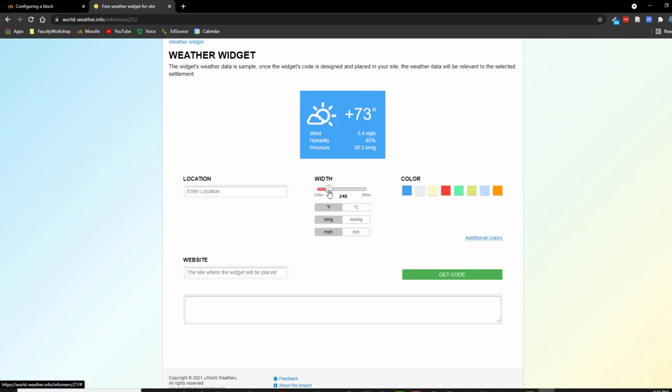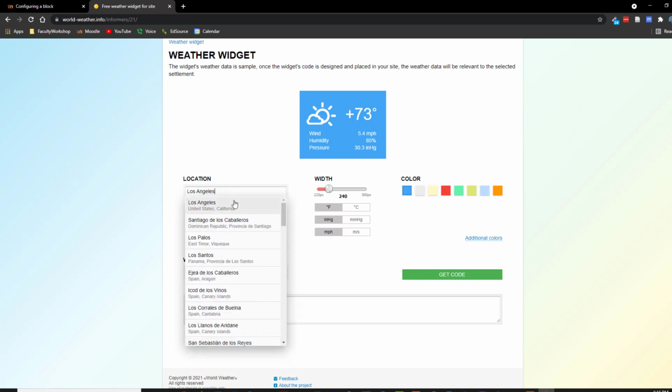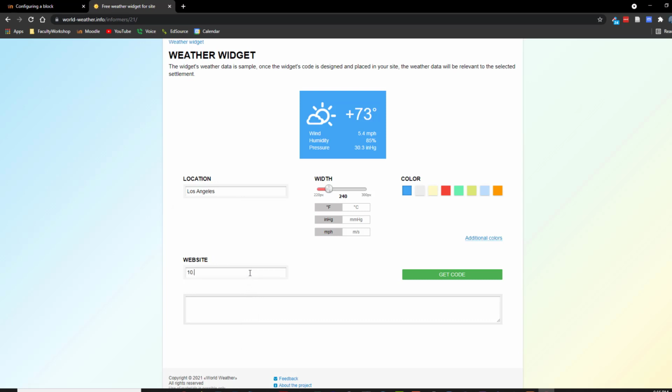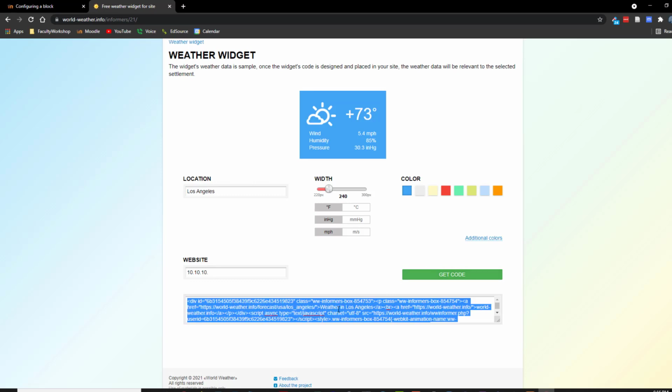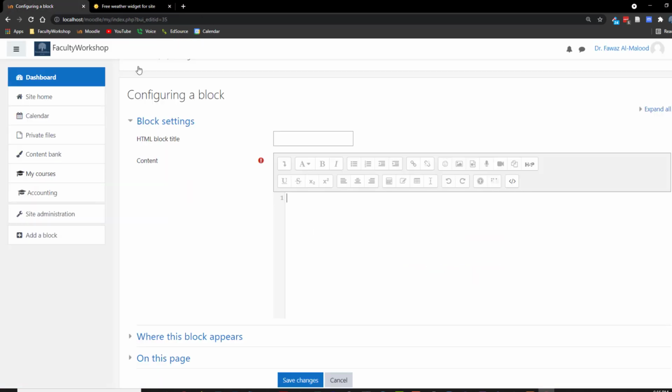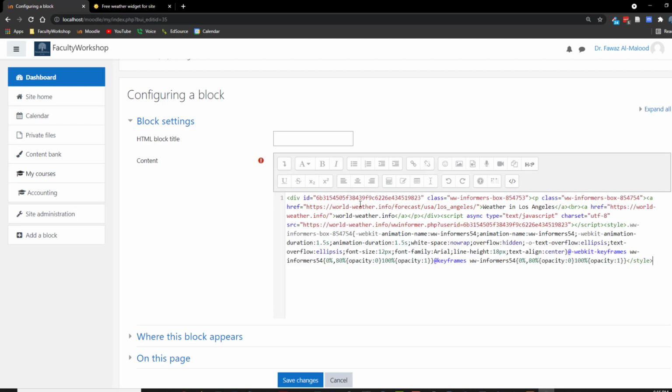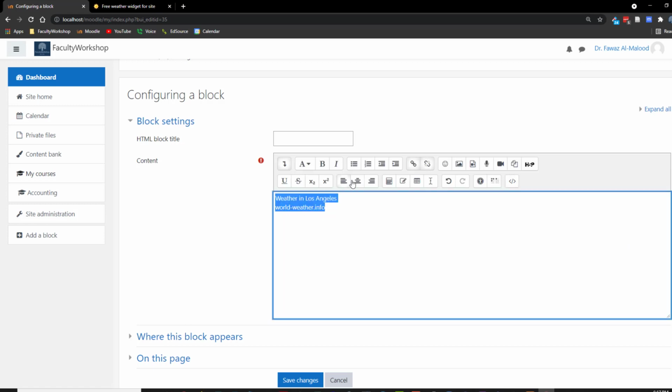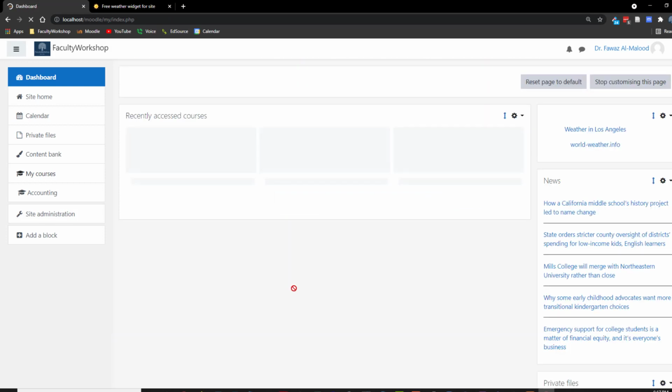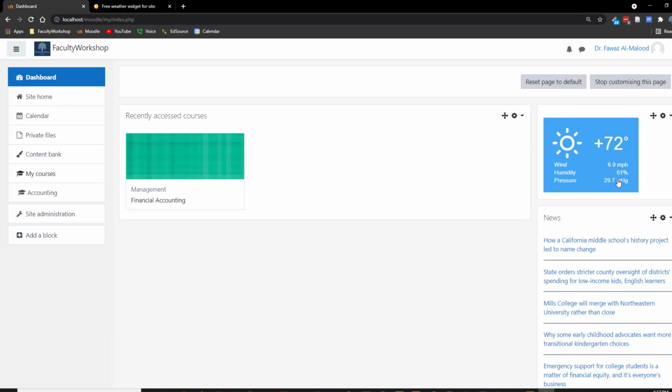And maybe I'll go with 240, slightly larger. Once again, Los Angeles. For the website, I'm just going to go ahead and put an IP address and make sure that the city is accurately reflected in the code in the bottom. We're going to copy the code, paste it back into our HTML editor, and make sure that it has Los Angeles listed over here. And that looks about accurate. Close the HTML editor. Let's go ahead and center everything and save our changes. Great, so there is our